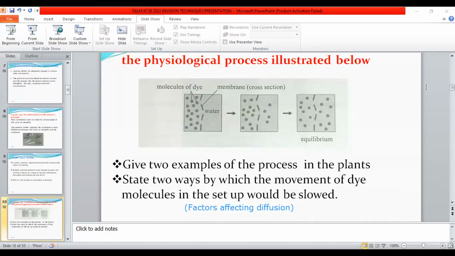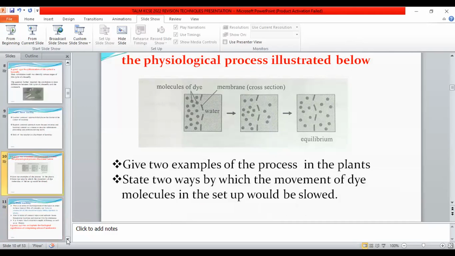Some of us may be using only a KCSE textbook, simply because maybe that is what is provided in the school. When we are just using one type of book, it is very difficult for our learners to gain more knowledge from different authors. Other than that, during our time, we used to have even scientific journals and encyclopedias in the library, and I do not know whether such journals and publications that we used to read those days are still available.